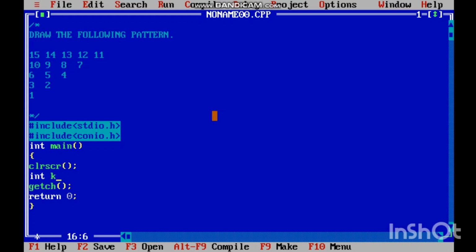We create the outer for loop, and in this outer for loop we take three parameters. Firstly we initialize i equals to 1, check the condition if i is less than or equal to 5, and increment i by 1. Inside this outer for loop we create another loop, called the inner for loop, and in this inner for loop we also take three parameters. Firstly we initialize j equals to 5, check the condition if j is greater than or equal to i, and decrement j by 1. And inside this inner for loop